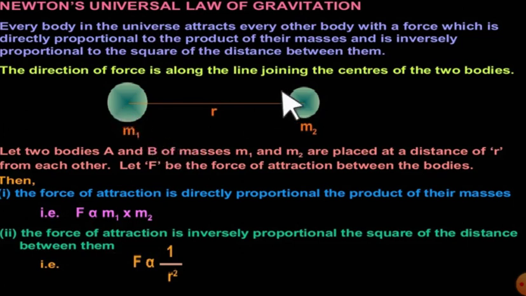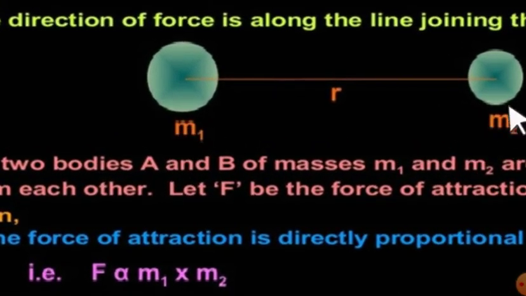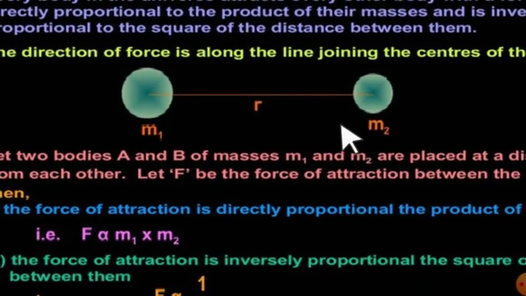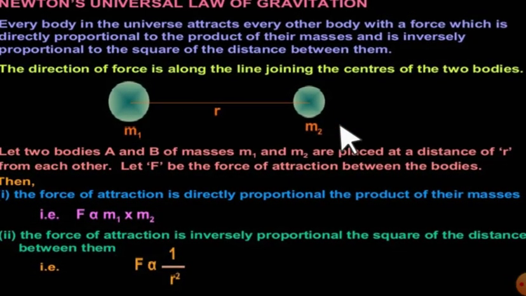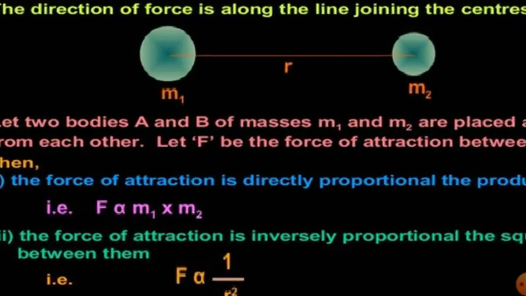Take any two objects having masses m1 and m2, kept at a distance of separation r. Newton's universal law of gravitation states that the force of attraction between the two masses is directly proportional to the product of the masses,